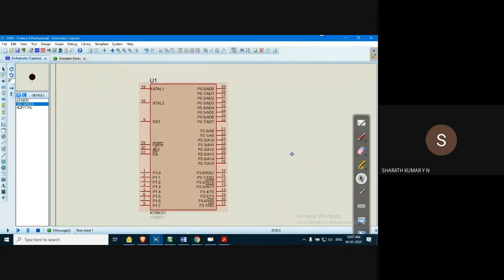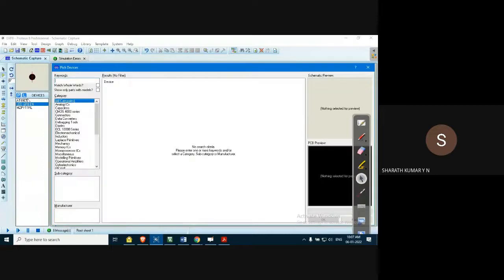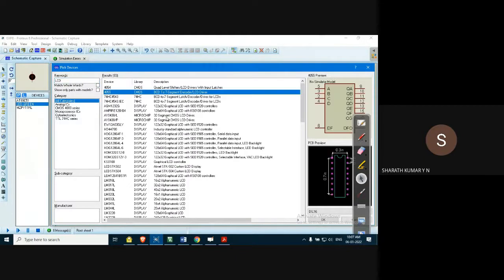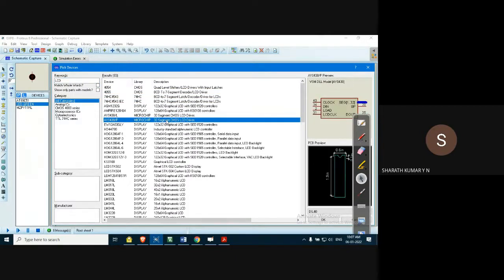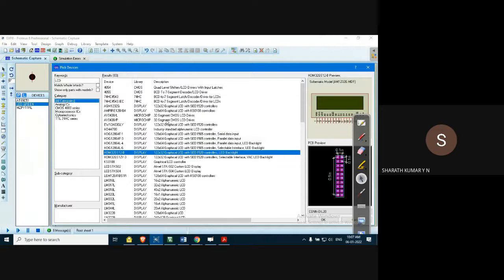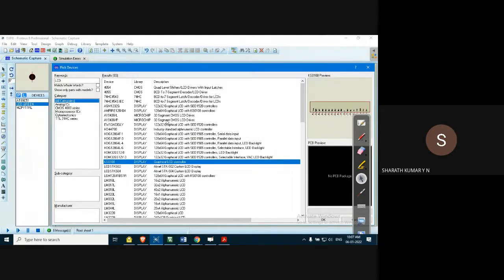Now we have understood the basics of LCD display. Let us quickly pick an LCD display. How to do that? Very simple. Either you can search as LCD, and you get a lot of things, a lot of LCD controllers. Okay, so this may be confusing. For example, you can find this kind of LCD display also, graphical LCD controller, a lot of things.